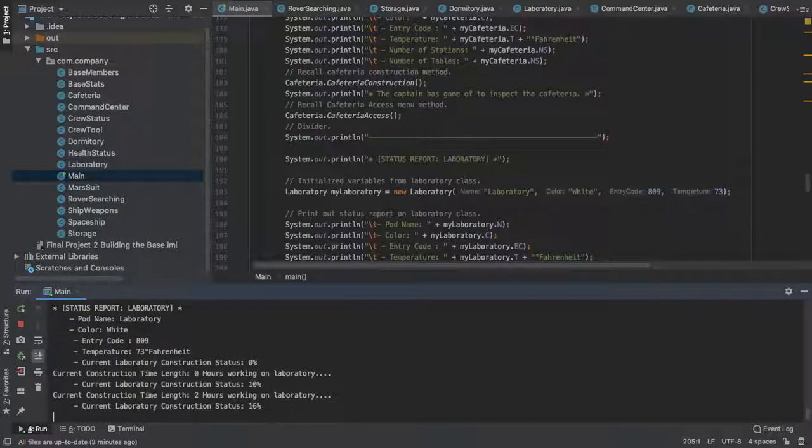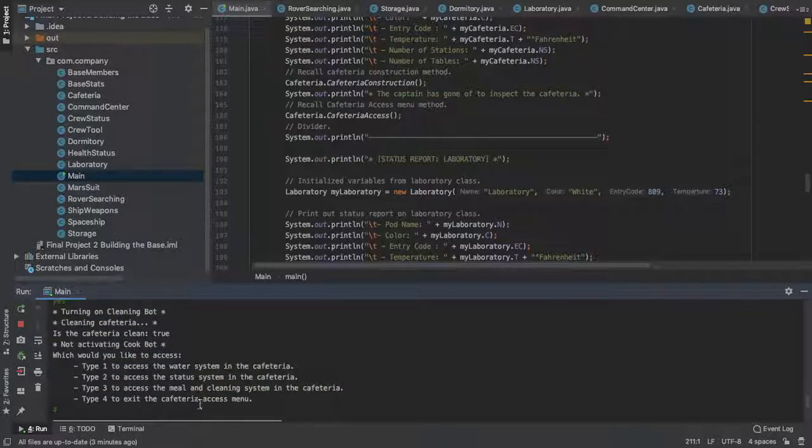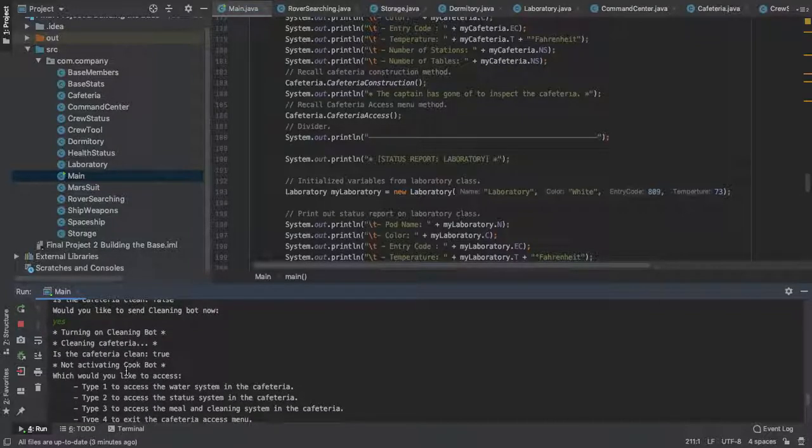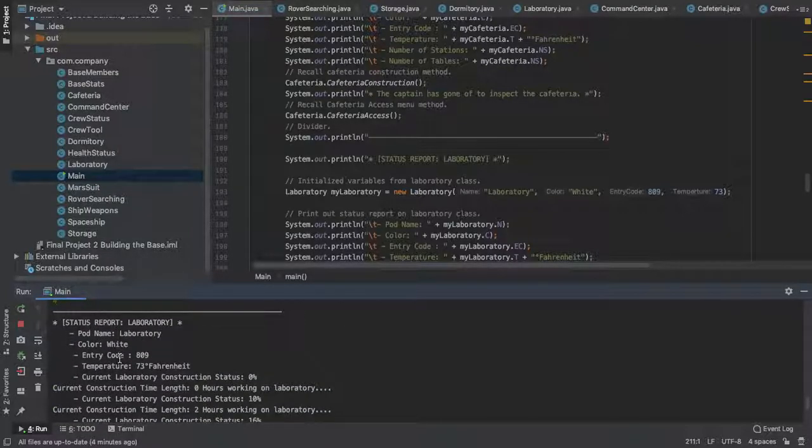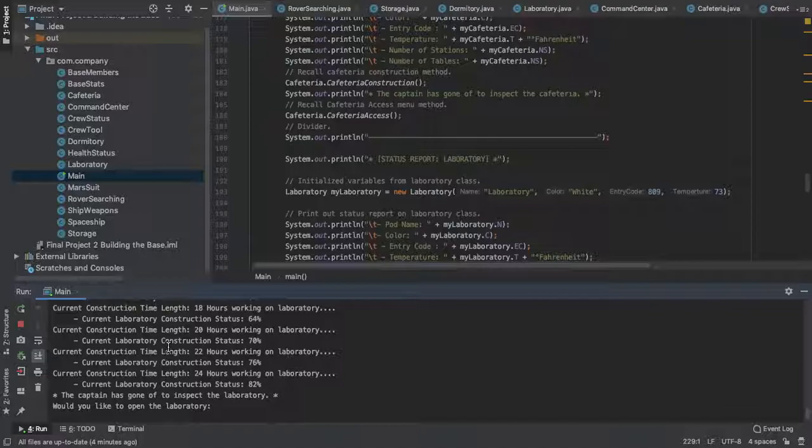Then laboratory, giving off its progress on its construction, its hours. Also, every pod has their attributes within their own constructors, which were their pod names, colors, entry code, temperature. It's the same done. Yes. Would you like to open the laboratory? Yes. Oh, I did have an issue with the